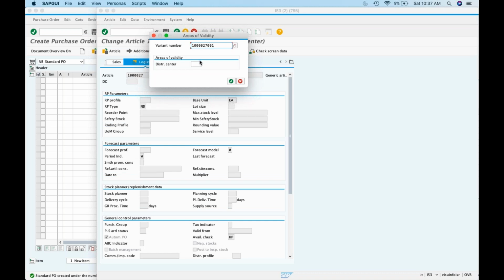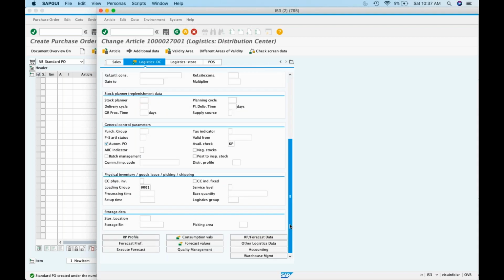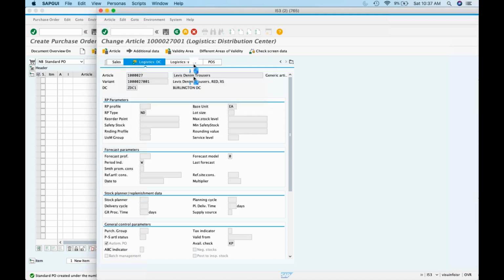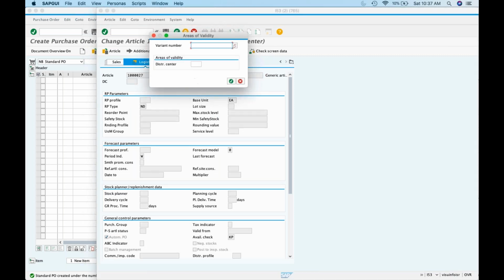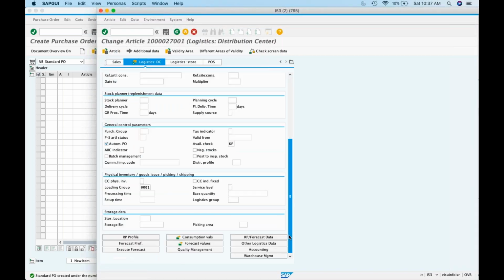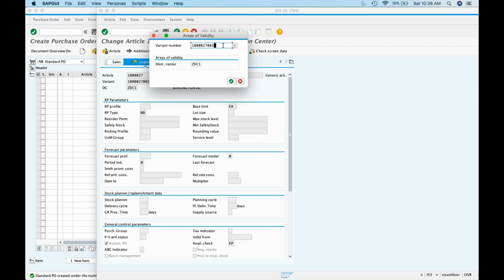So 2701, I know. Implementing location for all the variants.